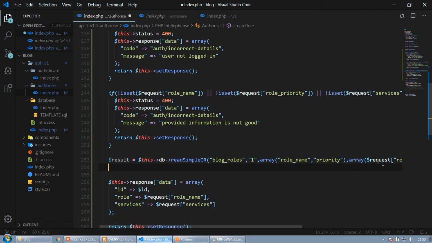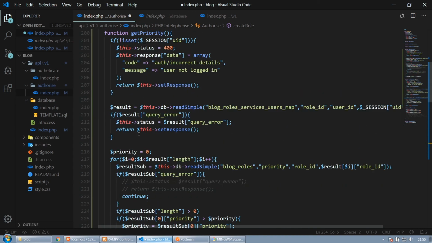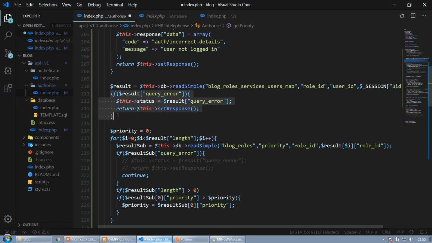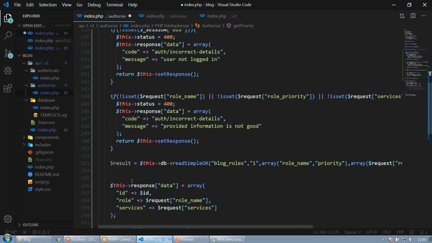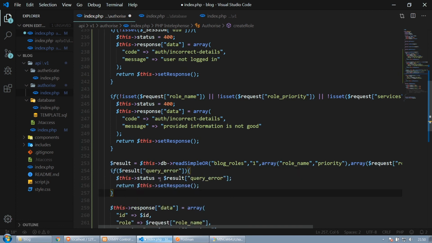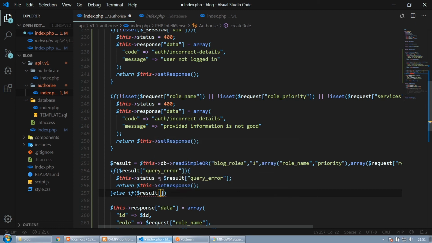In case of a query error, we have to handle that. I already have that, so I don't want to write the code all the time, I'll just get that and paste it here. In case there is a query error, I'll just write if else. Else if $result of length